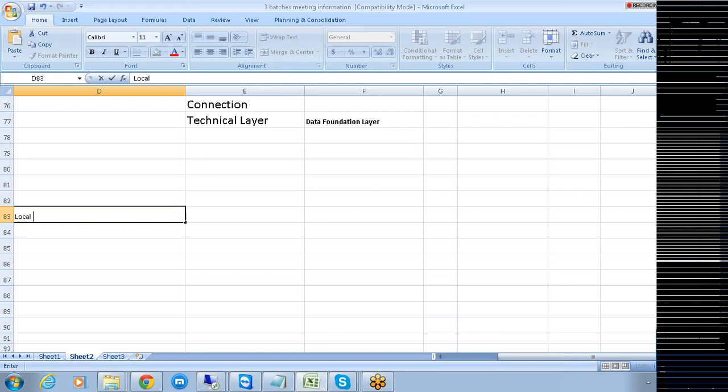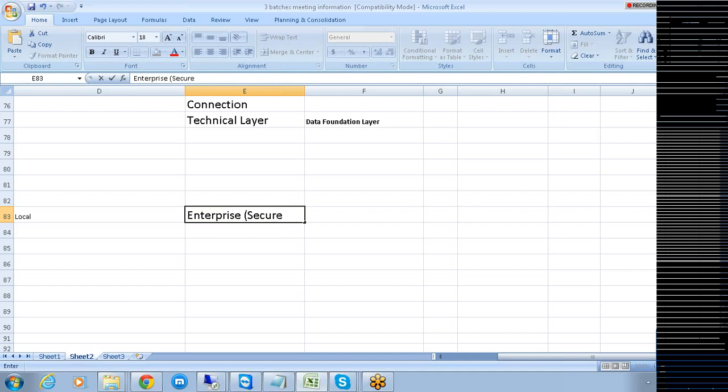But tomorrow, when you are working in a multi-user environment, or whatever the modeling layer, which is nothing but the universe you create, has to be used by multiple users across the enterprise, then we should have the option of converting your local connection into an enterprise connection.